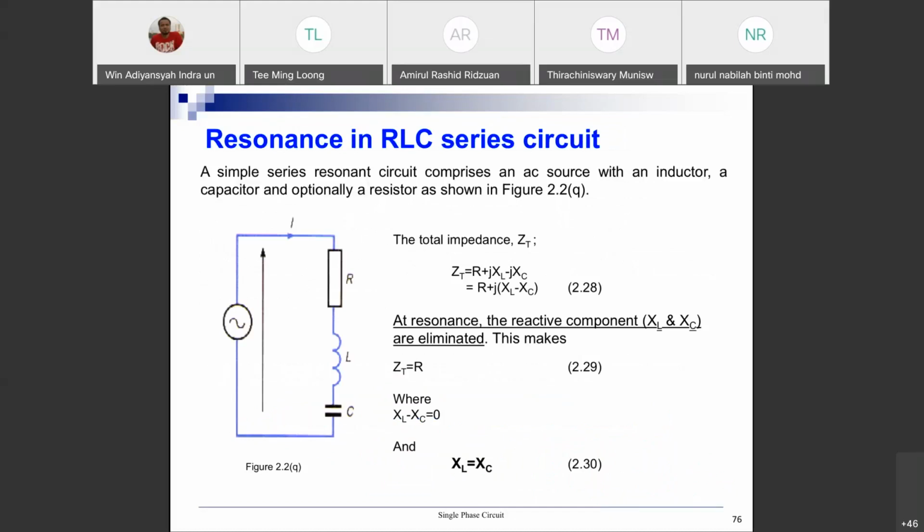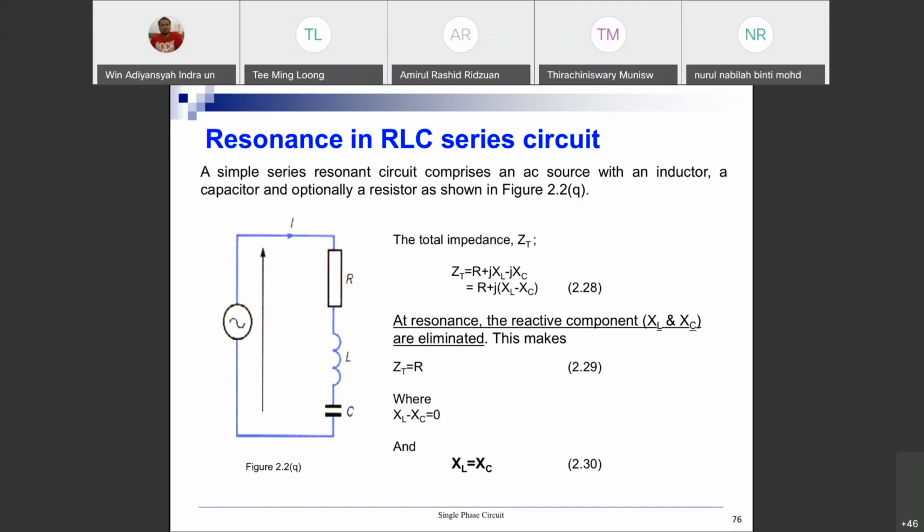Okay, this is an example. So Z in here, impedance, is equal to R plus (XL minus XC). You know, I told you why XC is a minus. Okay, so because we want to get pure R,